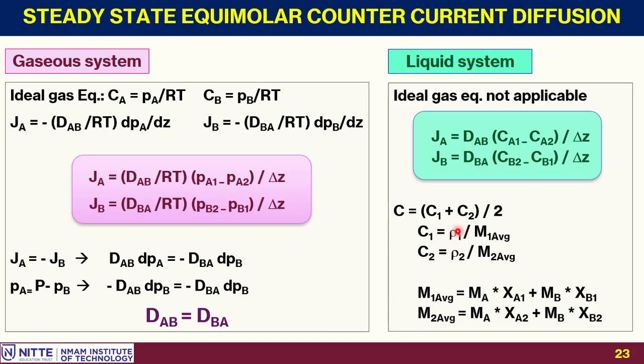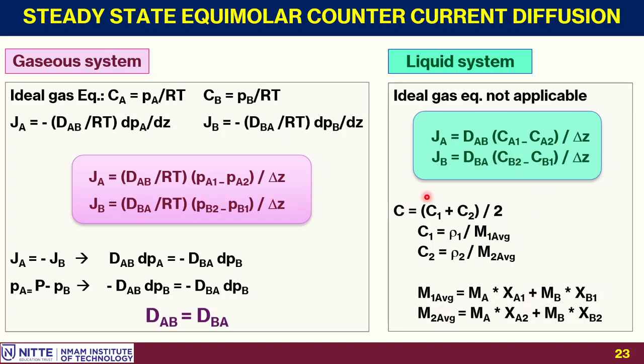Given the mass density on two sides and the average molecular weight, we can also find out the concentration, that is molar concentration, on two sides. Given this molar concentration on two sides, we can find out the average concentration of the entire system. We'll consider the whole system, side 1 and side 2, both together. And what is the average concentration on both sides? We can find out. Based on the average concentration, the Ca1 and Ca2 can be rewritten. How? Ca1 can be written as C multiplied by its mole fraction Xa1. Ca2 can be written as C into Xa2, right?